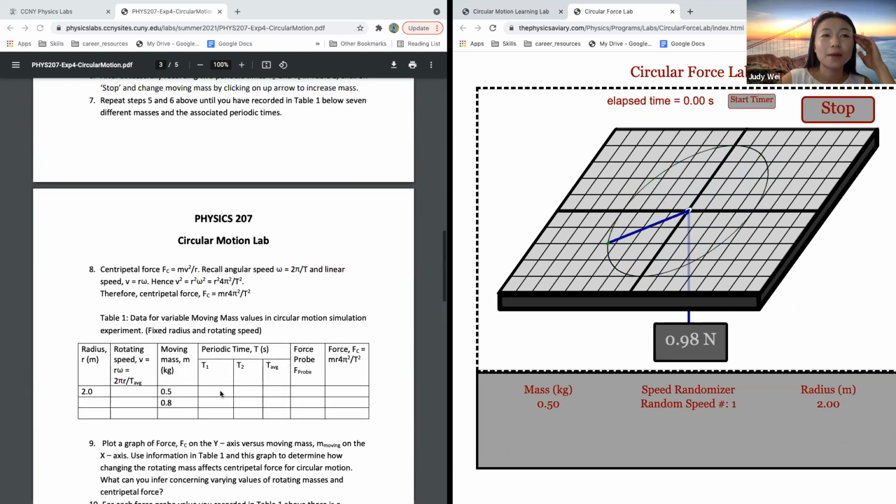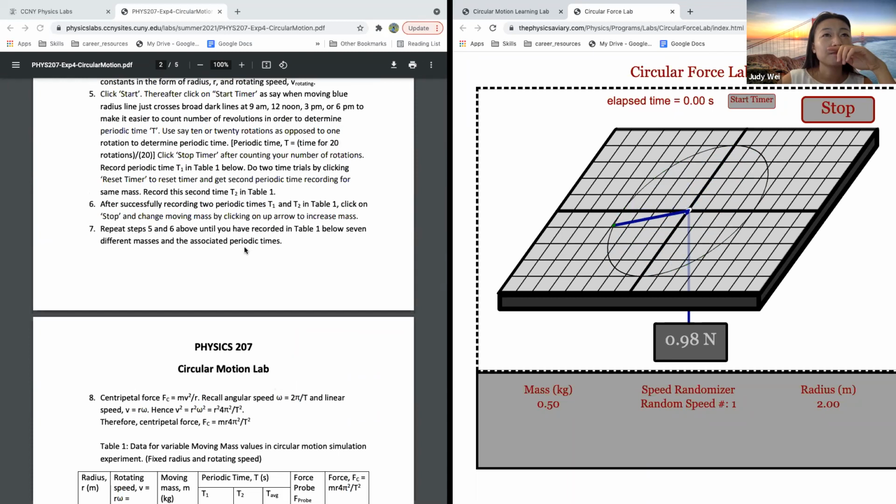So we have the periodic time. So how do we calculate this one? We basically count for 20 revolutions and divide the time by 20. So we get T1. And then,